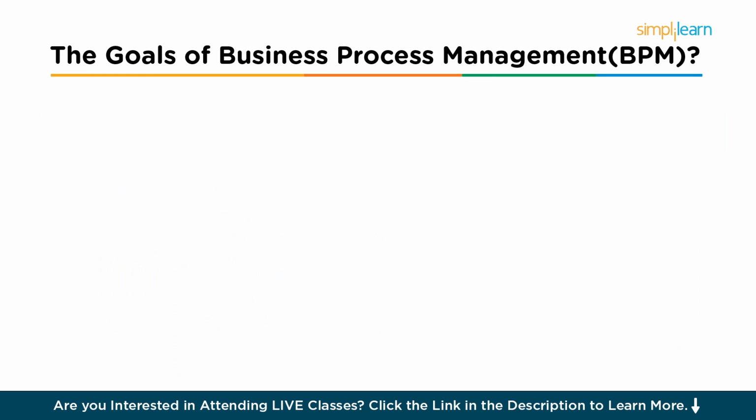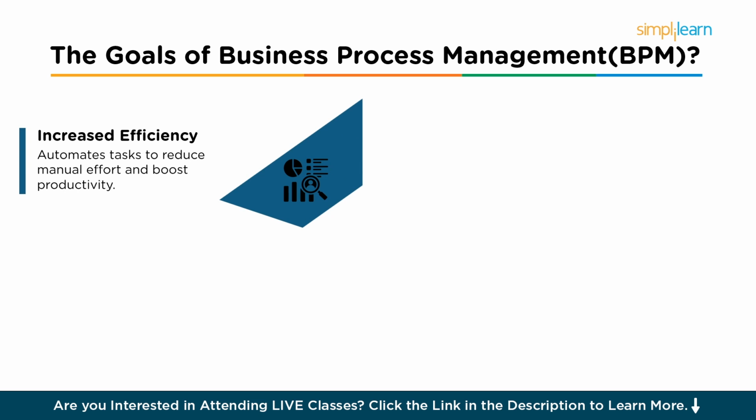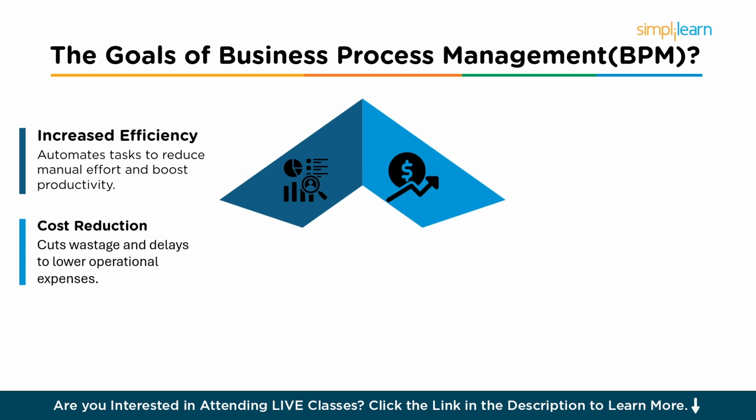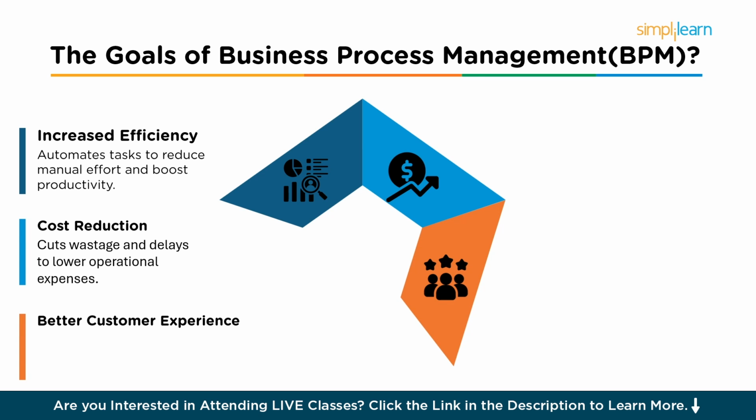The goals of BPM. Now that we have a general understanding of BPM, let's dive deeper into its specific goals. BPM aims to align business operations with the organization's strategic goals. By focusing on process optimization, BPM helps organizations achieve increased efficiency, automating and streamlining tasks to reduce manual efforts, eliminate bottlenecks, and improve productivity; cost reduction, minimizing wastage, unnecessary steps, and delays, leading to lower operational costs;